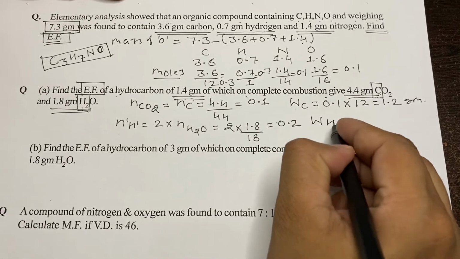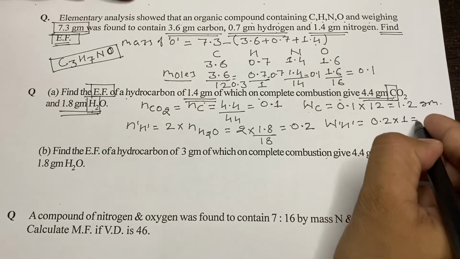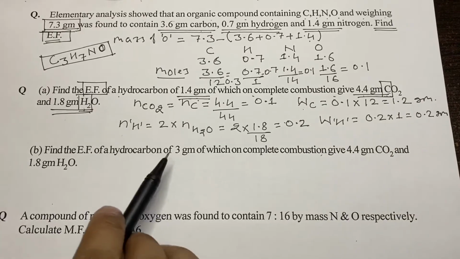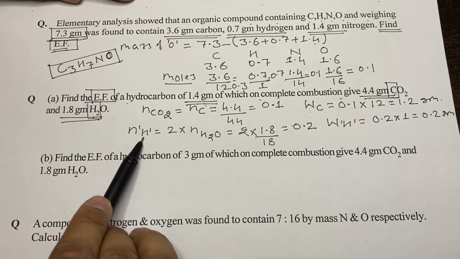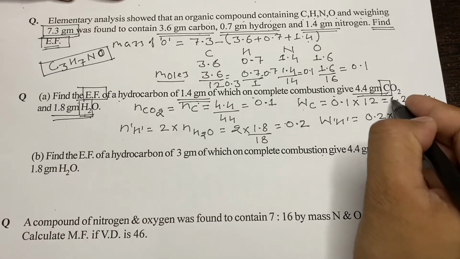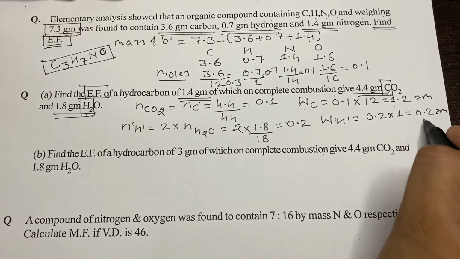So the mass of hydrogen present will be equal to 0.2 into 1, that is 0.2 gram. Again we can use the same formula to calculate the percentage of hydrogen, the mass of hydrogen divided by the mass of hydrocarbon into 100, or we can say that when you add 1.2 and 0.2, you